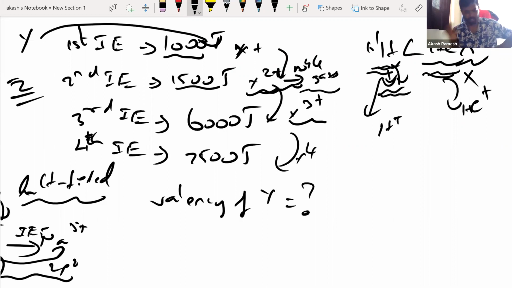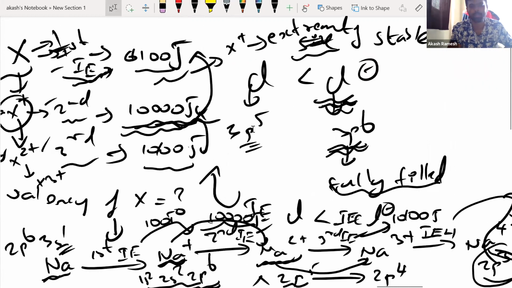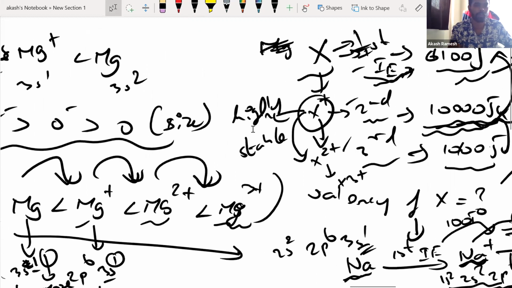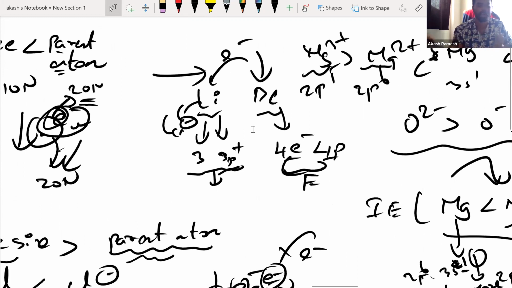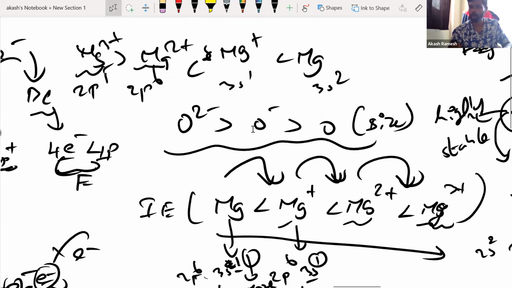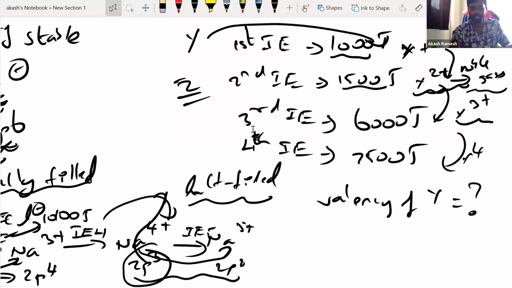Okay, right. Fine. So now we understood how successive ionization energy works, right? There are a lot of things, successive ionization energy, Mg, Mg2 plus, for Cl, Cl minus, how it works. All these things we saw. And please do not mug up anything. Everything is pure logic here. I don't know how chemistry was taught to you till now, but this is how it has to be taught, in the sense that you should not be mugging up anything. Everything has a reason. Everything has a logic behind it.